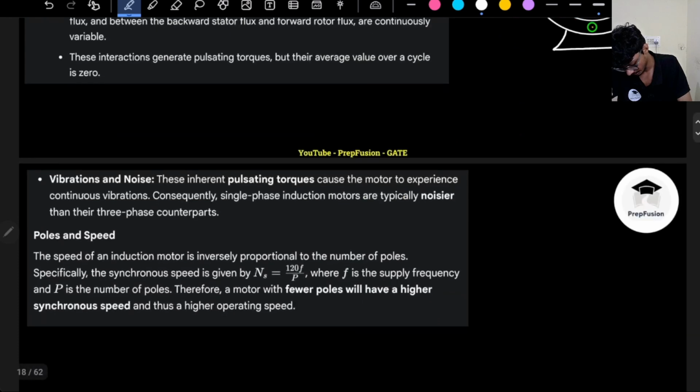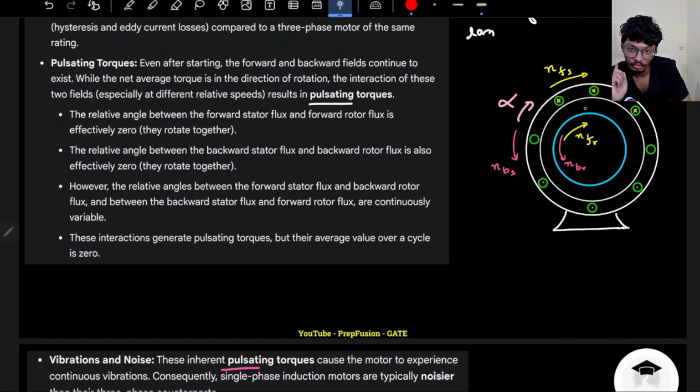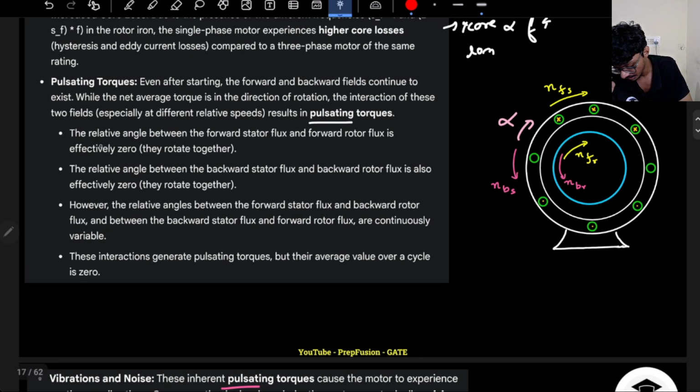What I have here are these inherent pulsating torques. Why? Because the relative speed between the rotor forward field and the stator forward field is 0. That is what is written over here. The relative speed between the rotor forward field and the stator forward flux is effectively 0. They will rotate together, right? The relative angle between the backward stator flux and the backward rotor flux is effectively 0 because of the backward rotor flux,